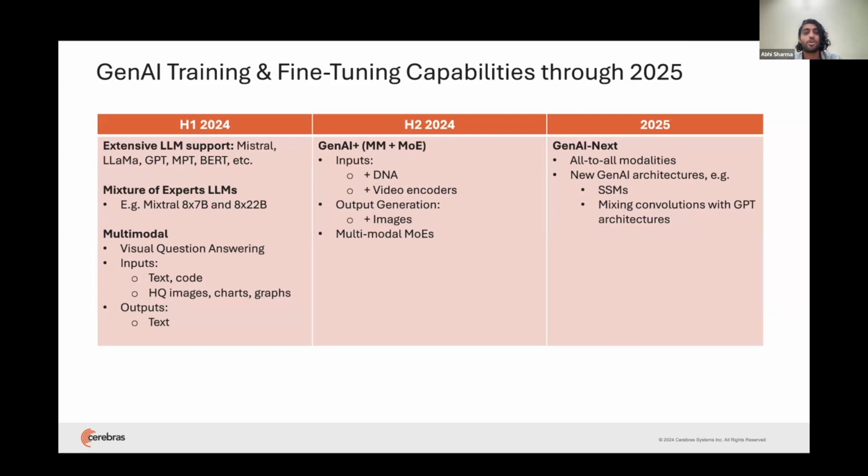And in a second, I'll show you an example of what such domain adaptation can give us in terms of fine-tuning these models for chat-based use, as well as for a specific healthcare example that we can take a look at. Looking ahead in the second half of 2024, again, looking to expand our footprint in multimodality and mixture of experts,